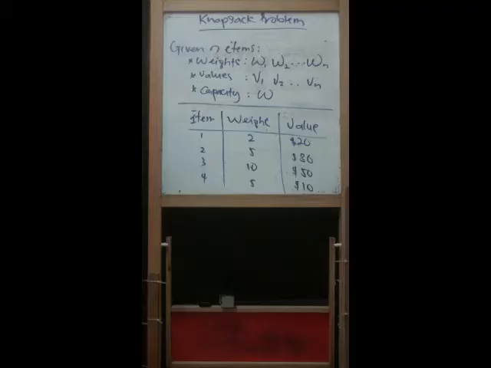Let's take a look at the second example of exhaustive search, the problem called the knapsack problem. This also falls under the optimization or combinatorial problems involving subsets. What is a knapsack problem? Basically, given n items with weights, values, and a capacity, the goal is to try to find